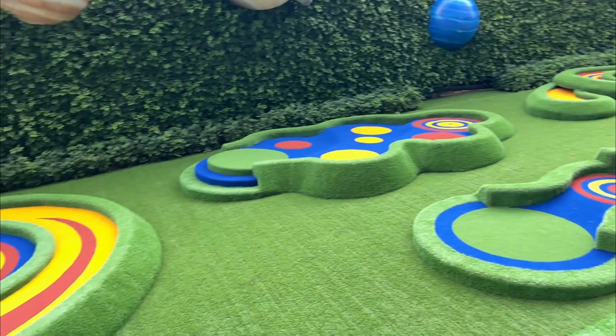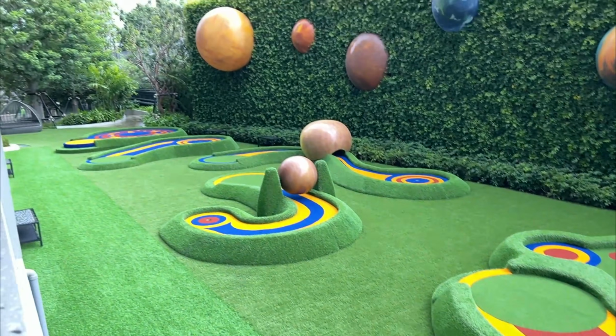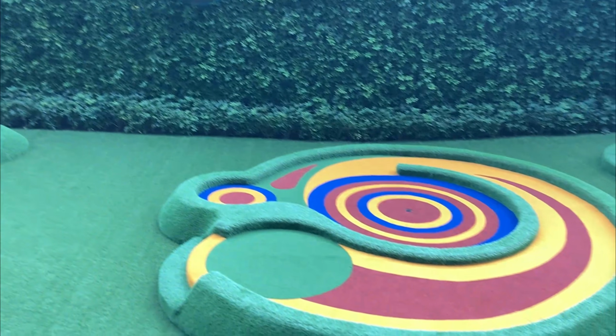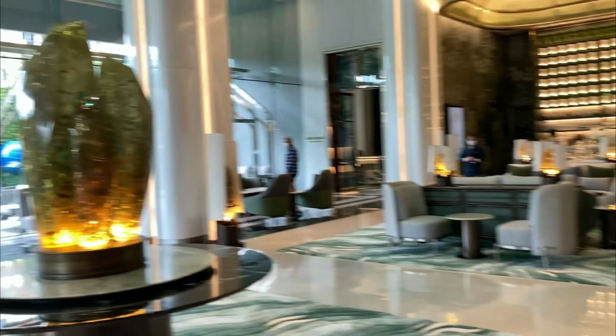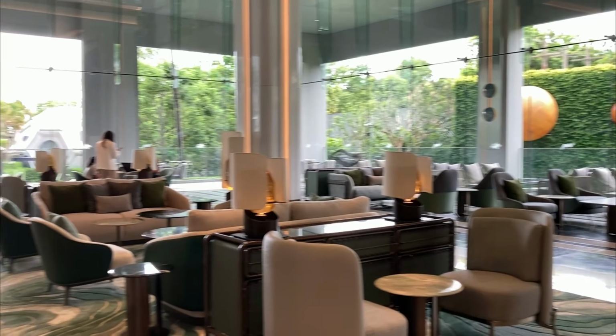I guess this isn't just Pattaya's newest luxury hotel, it's also Pattaya's newest miniature golf course. So that's no doubt connected to the water park. We'll take a look at that next, but we have had a little shower here since we started today. Also worth mentioning, on the other side of the lobby, you have a view of this miniature golf course